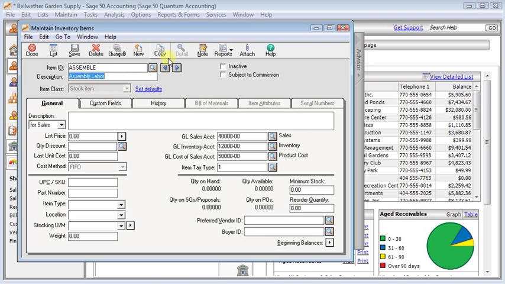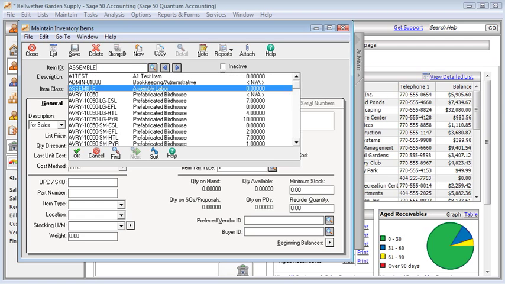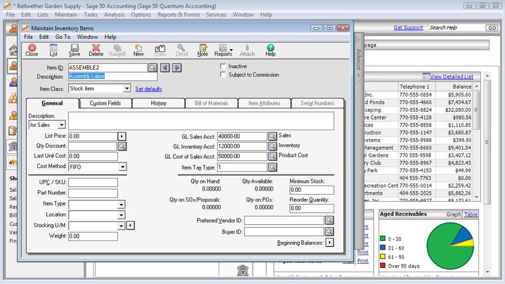And actually, even before the copy button was introduced in 2015.3, you could still copy items very easily. And so that's what we're going to do here. So we're just going to come up to the ID, and we'll just change that to assemble to, or whatever change you want to make to the ID. I'll tab and enter out of there, and right there we've already created a copy of the original item, but